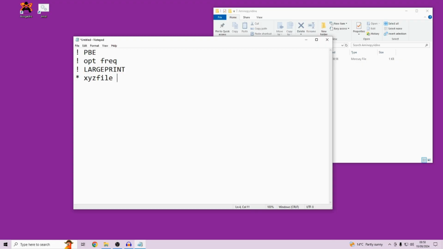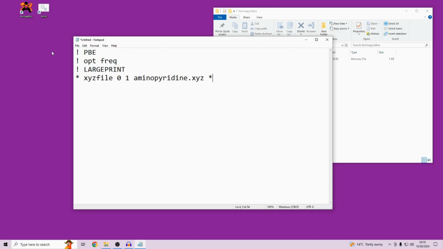We have to put two numbers here. The first number is the charge, it's uncharged, so we'll put 0. And the second is the multiplicity. The multiplicity is the number of unpaired electrons plus 1. So for example, if you have no unpaired electrons, which we don't, we have none at all, then we have a multiplicity of 1. But if you knew, for example, that your system had 1 unpaired electron, then you would put 2 in this field. If you had 2 unpaired electrons, you'd put 3, and so on. Finally, we'll put the name of the XYZ file we created,